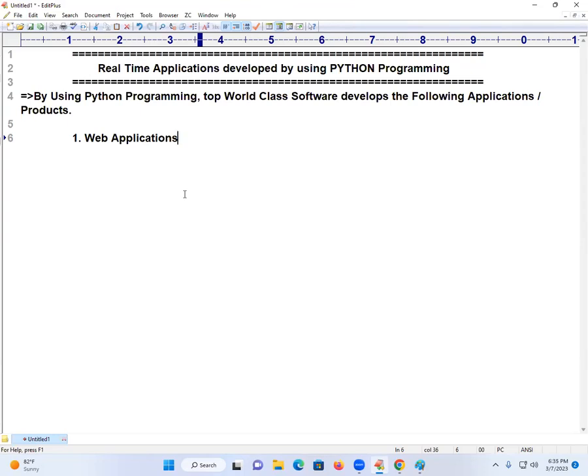See students, carefully follow. To develop this web application, I'll take ample time here. In real time, to develop any project, language is very important. In order to communicate with any person, what is most important? Language is important. In order to develop any real-time applications, projects or products, language is important. That's why language efficiency is so important. Without language efficiency, we cannot get selected anywhere.